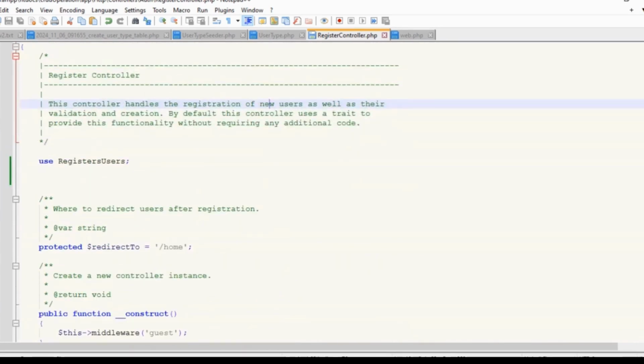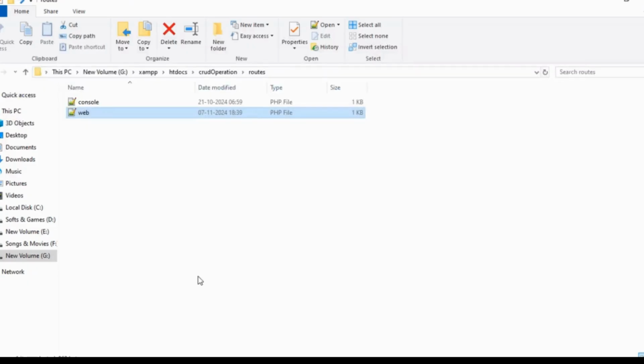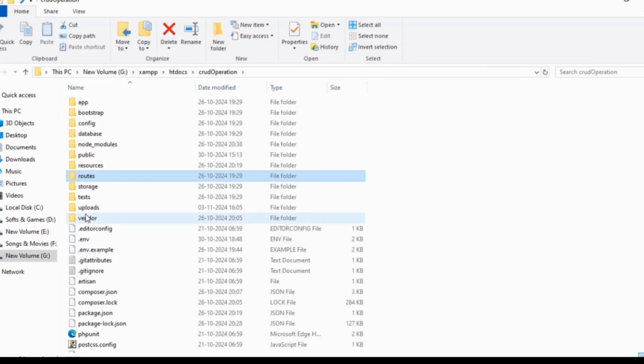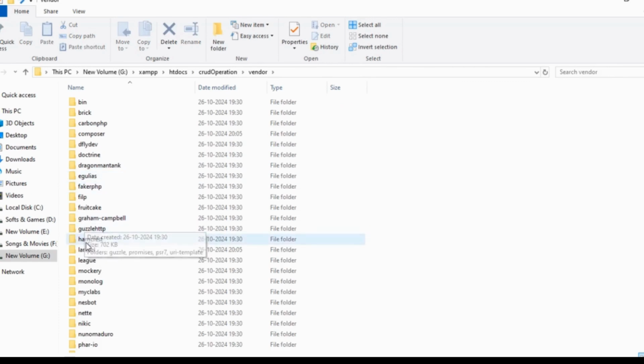In the Bootstrap Auth UI package, traits are created for authentication within the vendor Laravel UI Auth backend directory.